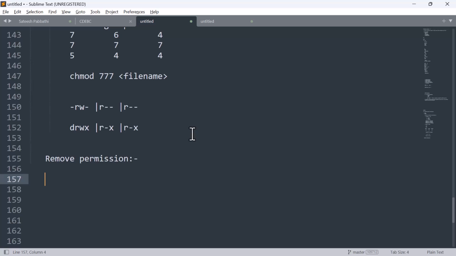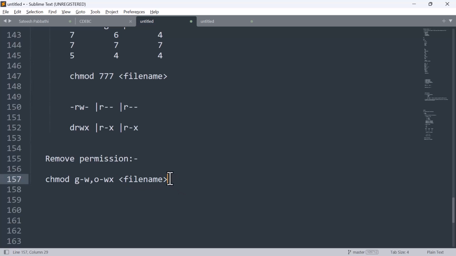Let us say I give something like this: chmod g minus w, comma, and for others I want to remove write and execute permission. Now if I give this and the file name,